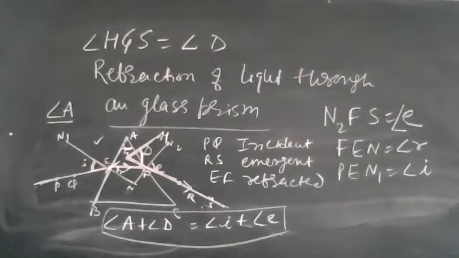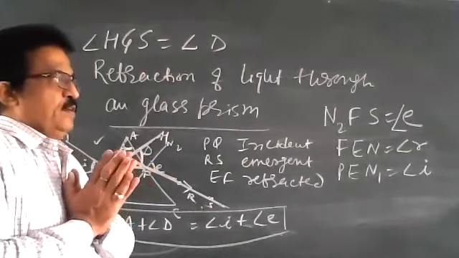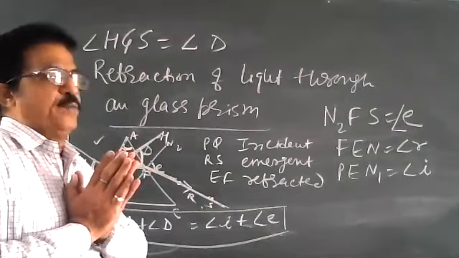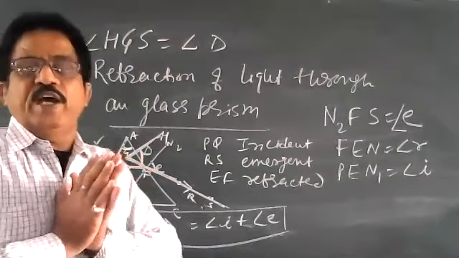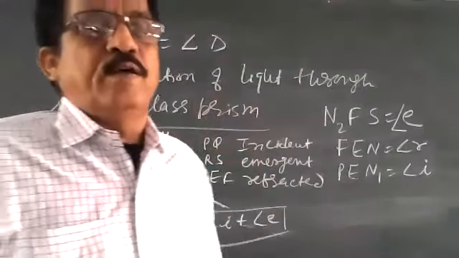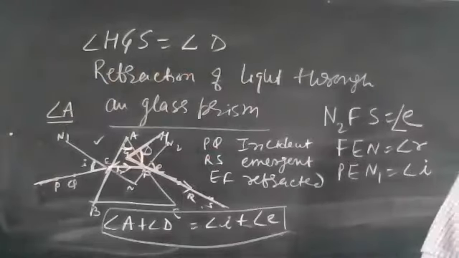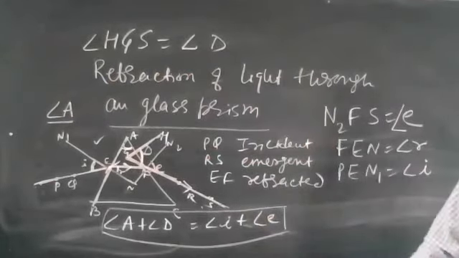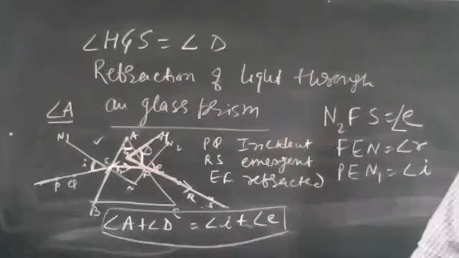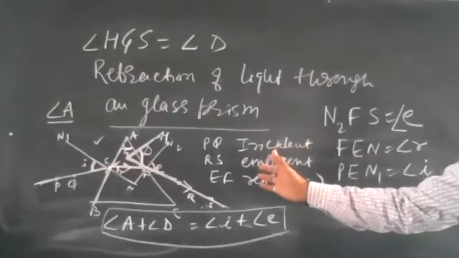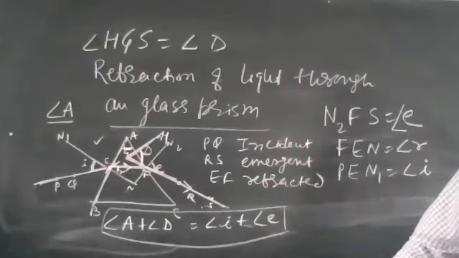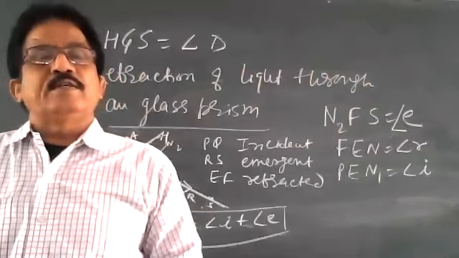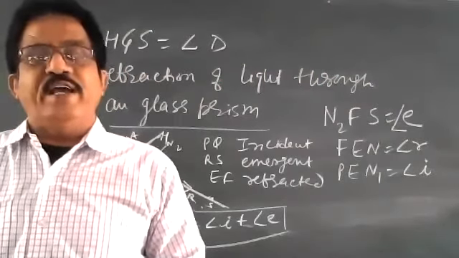So today we saw two topics: the different parts of the eye and the working of the different parts of our eye. Then we have seen the refraction through a glass prism. In our next module, we will see dispersion of white light, visible spectrum, cause of dispersion, and some more things.